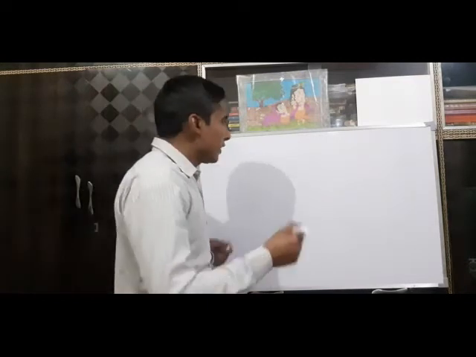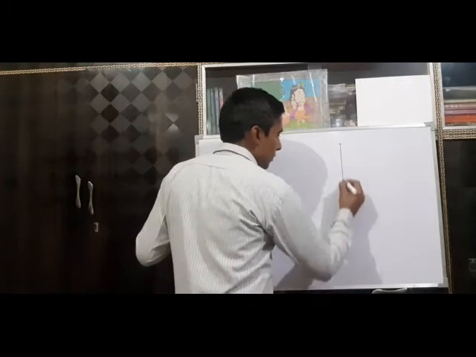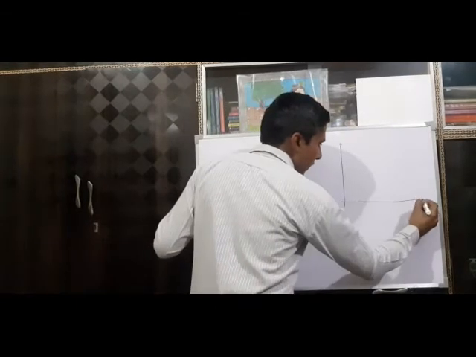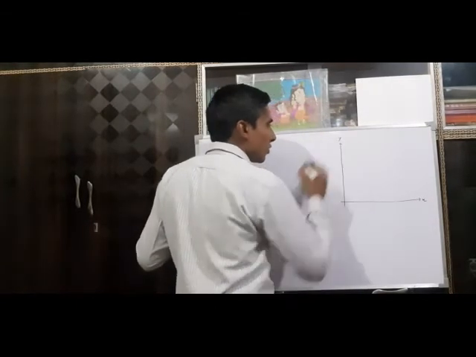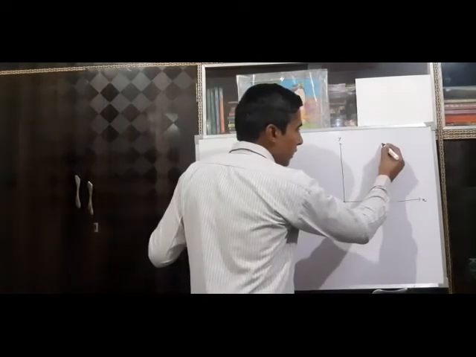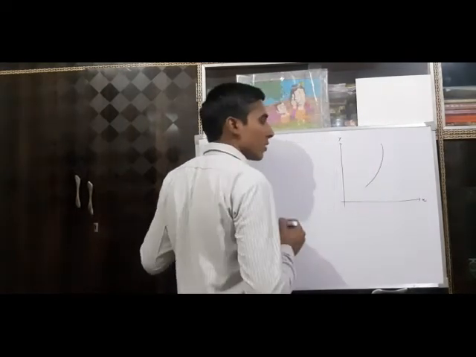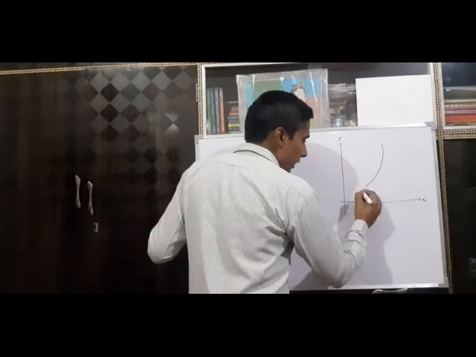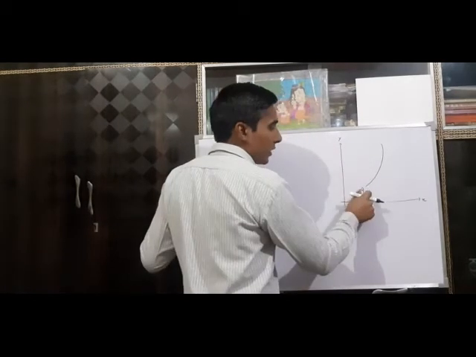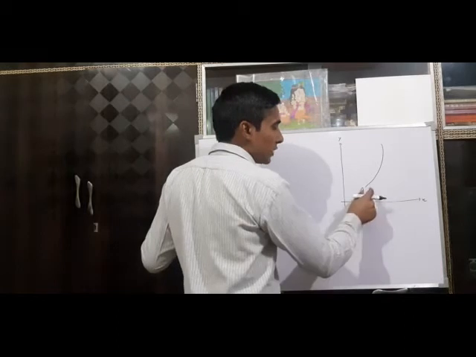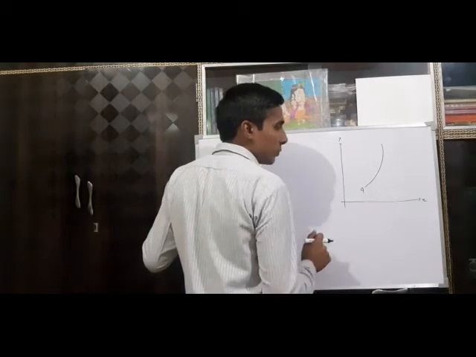Students, today we are going to study the curvature. Curvature is nothing but the numerical measurement of the sharpness of bending of a curve. Graphically, if we take this as x-axis and this as y-axis, and if we consider the curve, suppose A is the fixed point on this curve from which the length of an arc is measured.